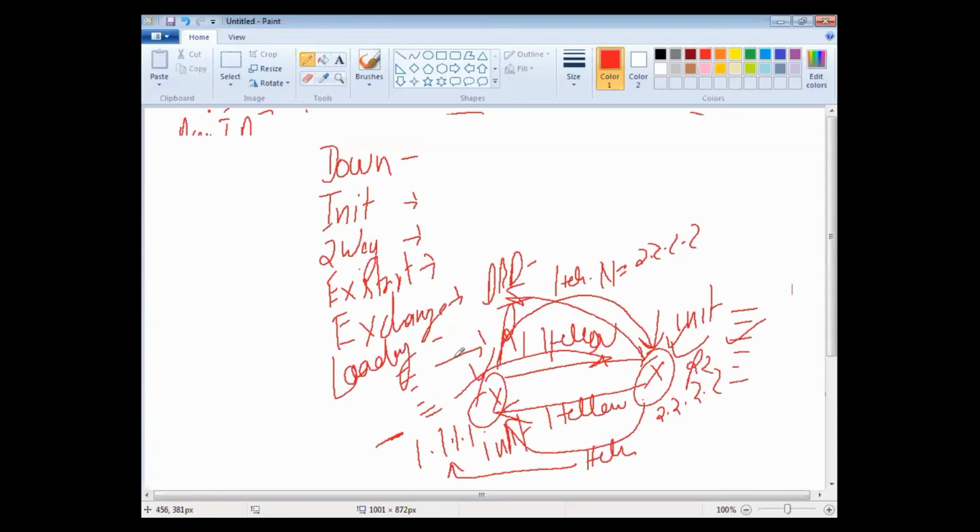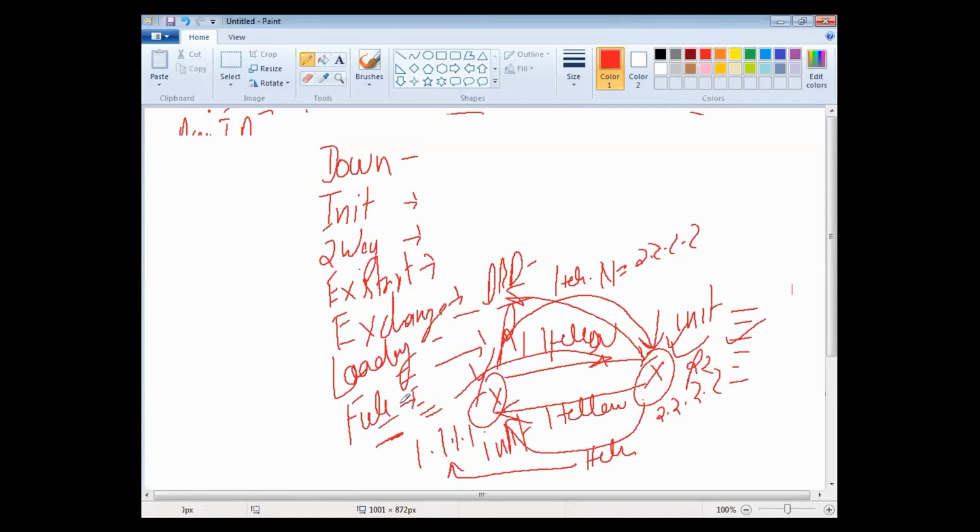So in loading state, they are exchanging LSAs containing information about all the links connected to each other, essentially routers sharing their topology tables with each other. Sorry, not in exchange. In exchange state, they are just preparing it. In loading state, they do it.